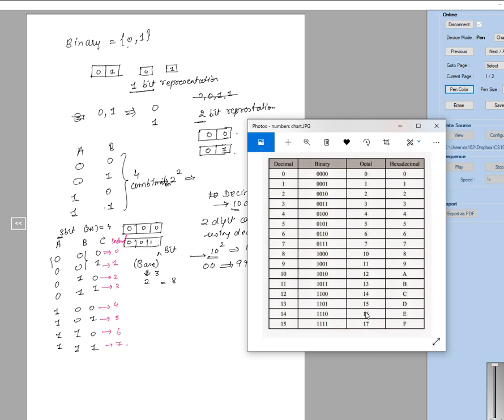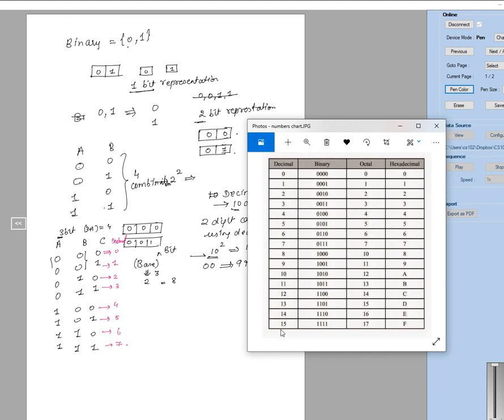So this was just about the bit representation. A 2-bit binary number can have a maximum of 2 raised to 2, which is 4 numbers. A 3-bit binary representation will have 2 raised to 3, 8 numbers, so that is 0 to 7. Remember here everything begins from 0. A 4-bit binary number would be 2 raised to 4, so 0 to 2 raised to 4 minus 1, 0 to 15 basically, as represented here.